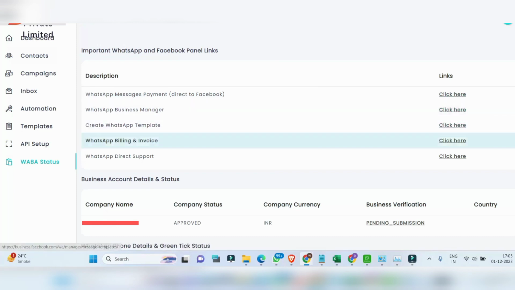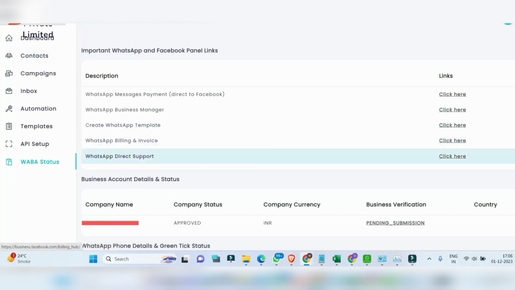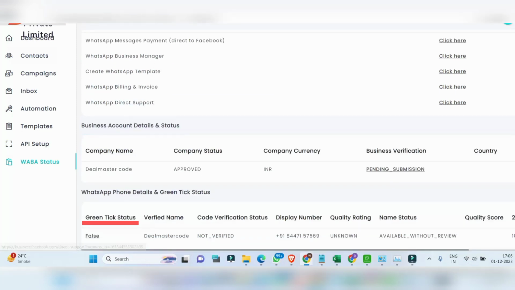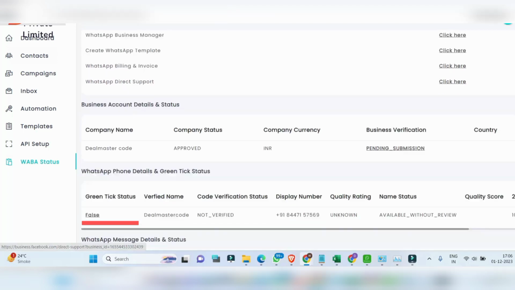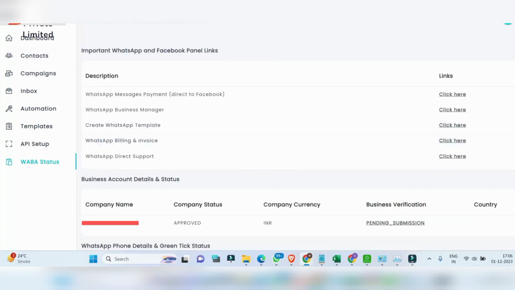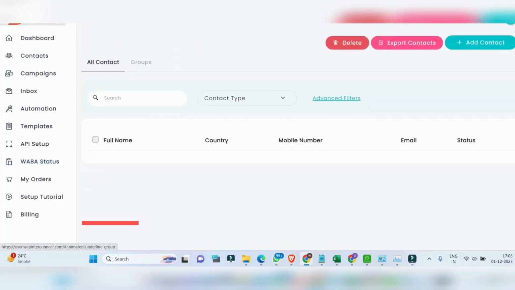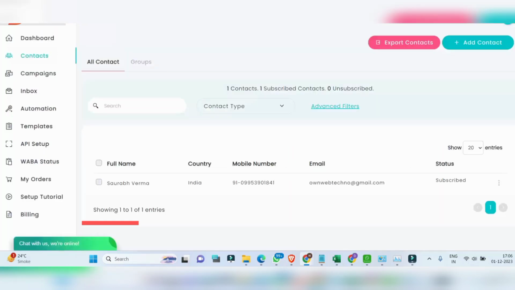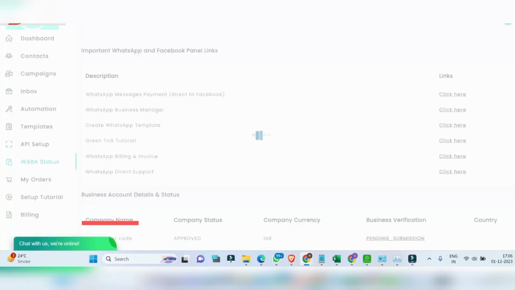We can create WhatsApp templates directly here. Billing and invoice, WhatsApp direct support. We can do all these things. We can even apply for a green tick. If WhatsApp allows us to get a green tick after verification, we'll be able to get it directly.